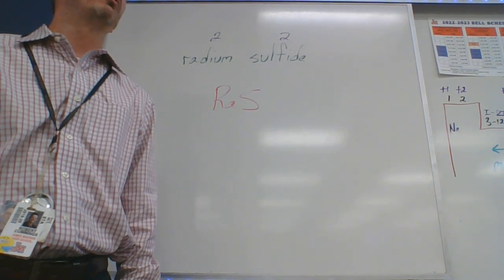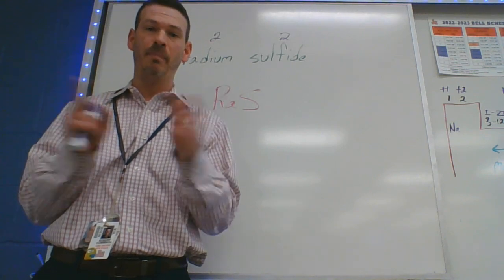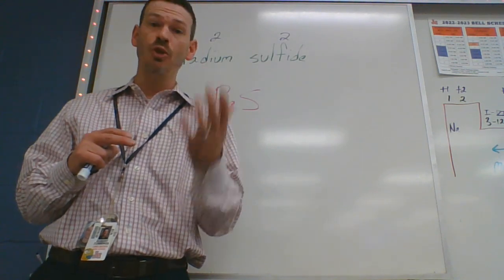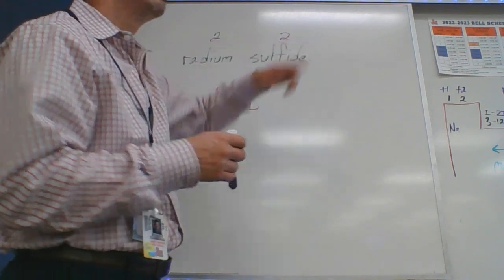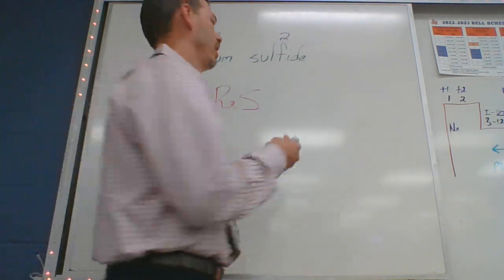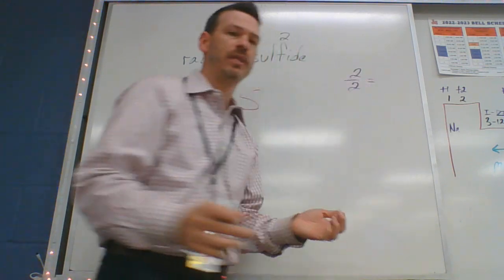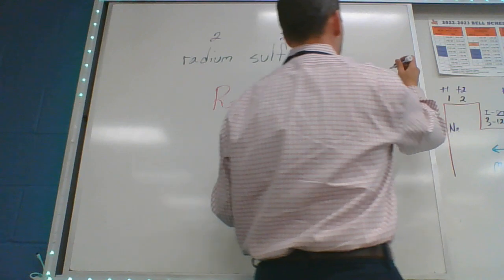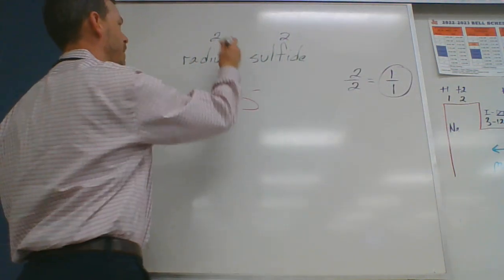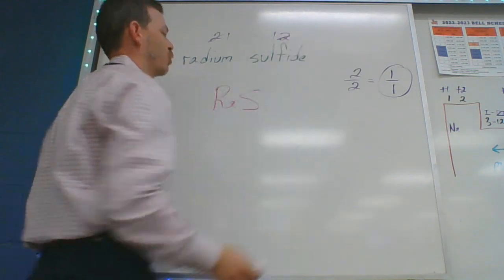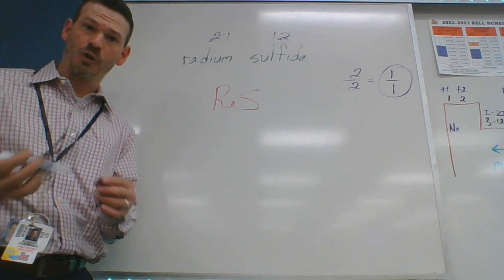Our first side rule states that if the charges can reduce based on each other, then they do so before the cross. What does that mean? Well, you see these two 2's? If you were to put them as a ratio, it would be 2/2. And what is 2/2 reduced down to? 1/1. So these are the numbers that would need to be crossed. And if you cross a 1 each direction, you'll get actually the first answer that was put in,